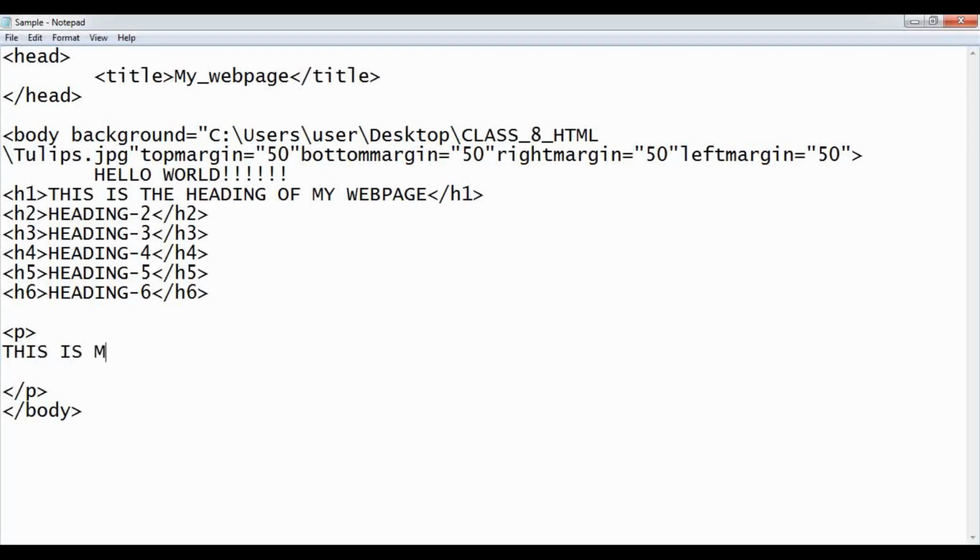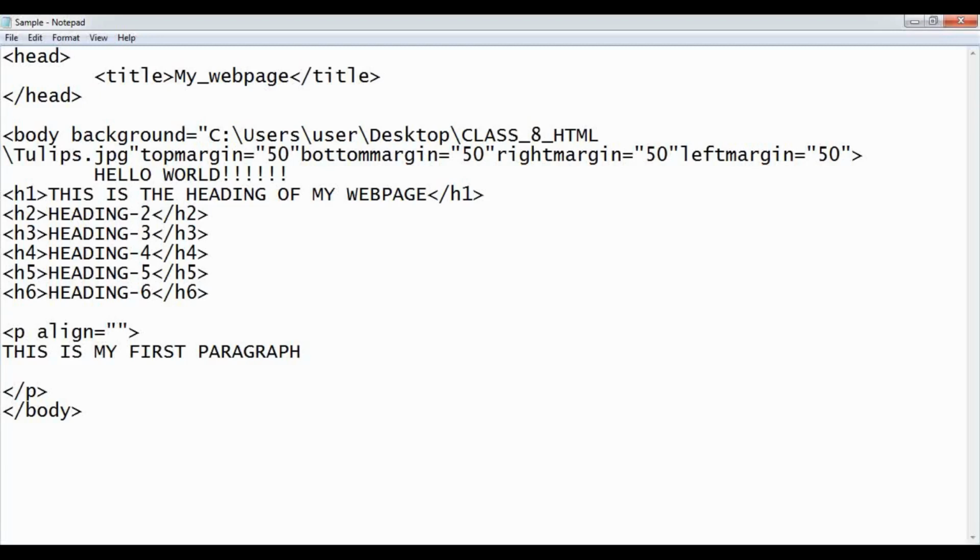So this is my first paragraph. So whatever I write within this, that will be treated as my paragraph. Now children, to the paragraph tag, we have an attribute called align. So align will set the position of your paragraph from the margins. So for this align, you can give 4 different values. So paragraph tag has an attribute called align, and to align there are 4 different values.